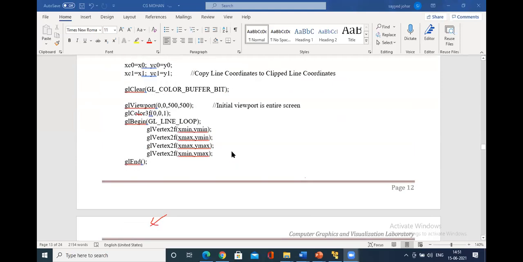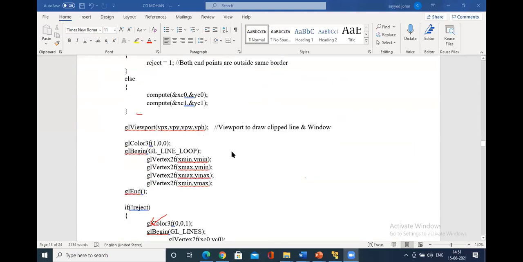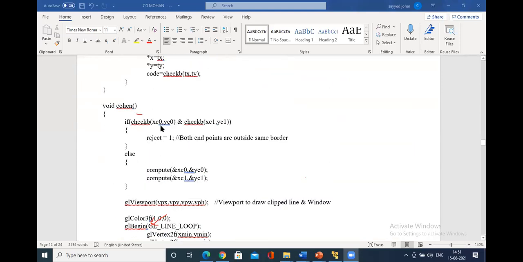So what does Cohen-Sutherland do? Let us see. Cohen-Sutherland will AND the outcodes of check. That is, it will compute check xc0, yc0, and this is a logical AND. Remember, you are going to AND.